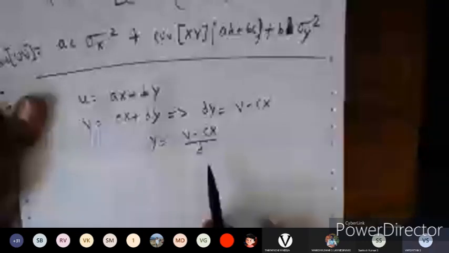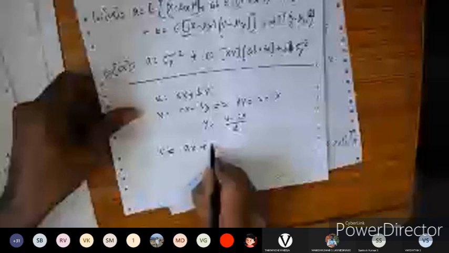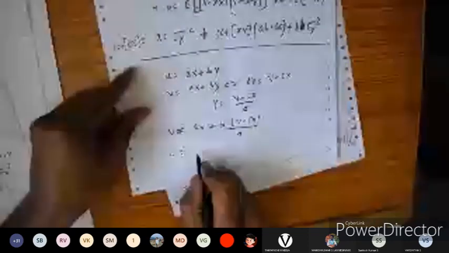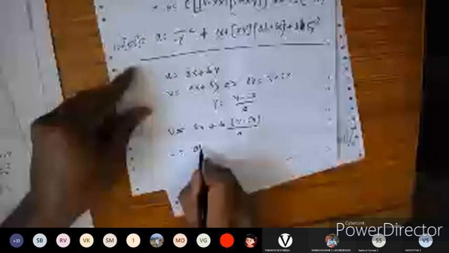Okay. Yes, yeah. So now let us substitute this y in the expression for the u here, and simplify for the x here. Segregate only the ax here. So ax plus b into, so y is nothing but v minus cx divided by d. Okay, let us take the LCM and segregate the x terms here. If you take the LCM, so u becomes ad into x plus b into v minus, if I multiply here, it becomes bc into x. Okay, so now cross multiply the terms here.